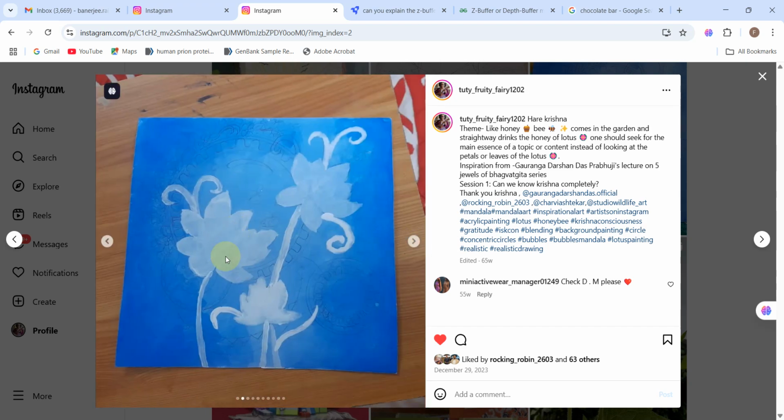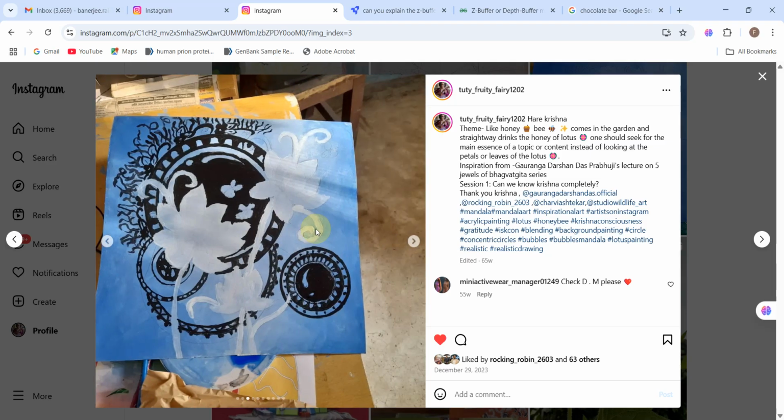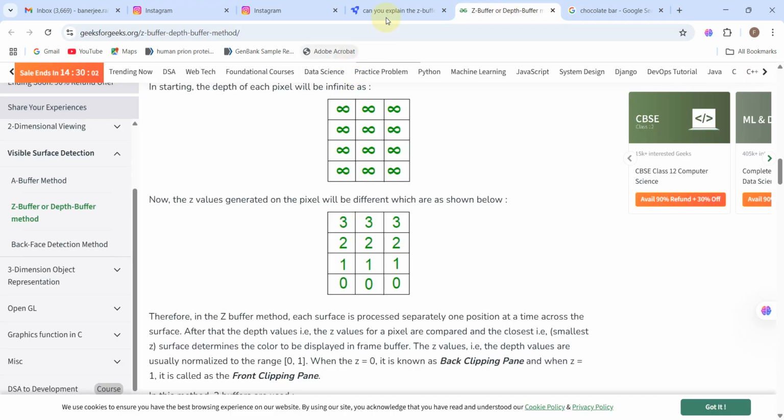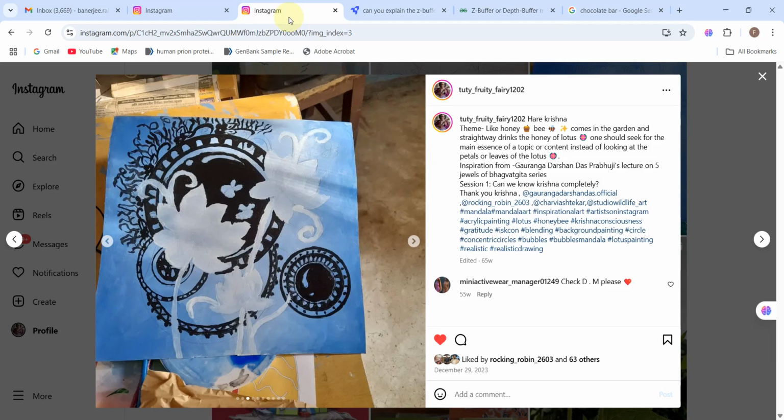Then these specific area pixels have now got the information of white color. In the next phase it has updated that these portions of the pixels have the information of black color, these pixel locations have the white color, and all the other parts of the pixels still have the initial blue background color information in the refresh matrix. This refresh matrix is also a matrix defined in the same manner as I explained in the previous video for the depth matrix.